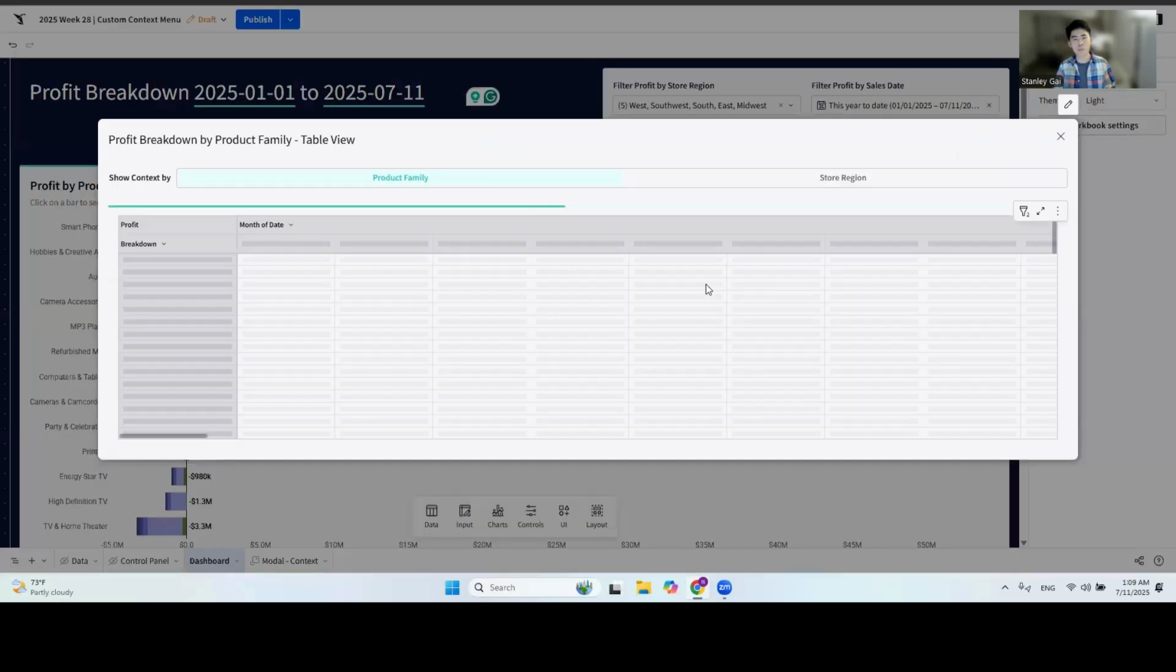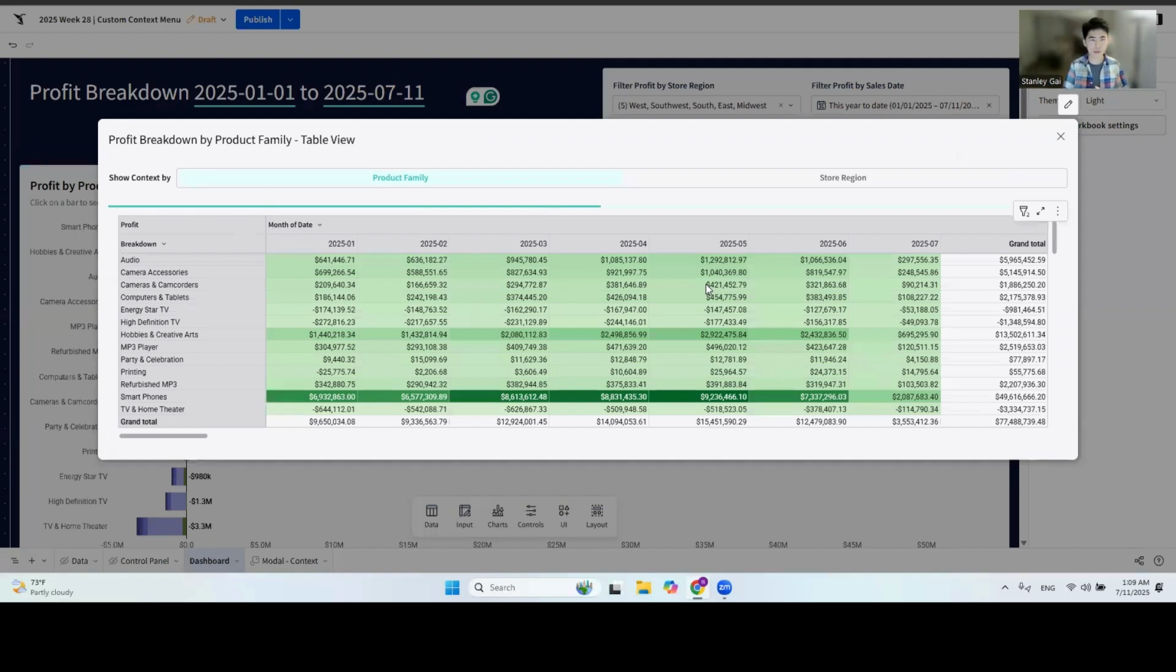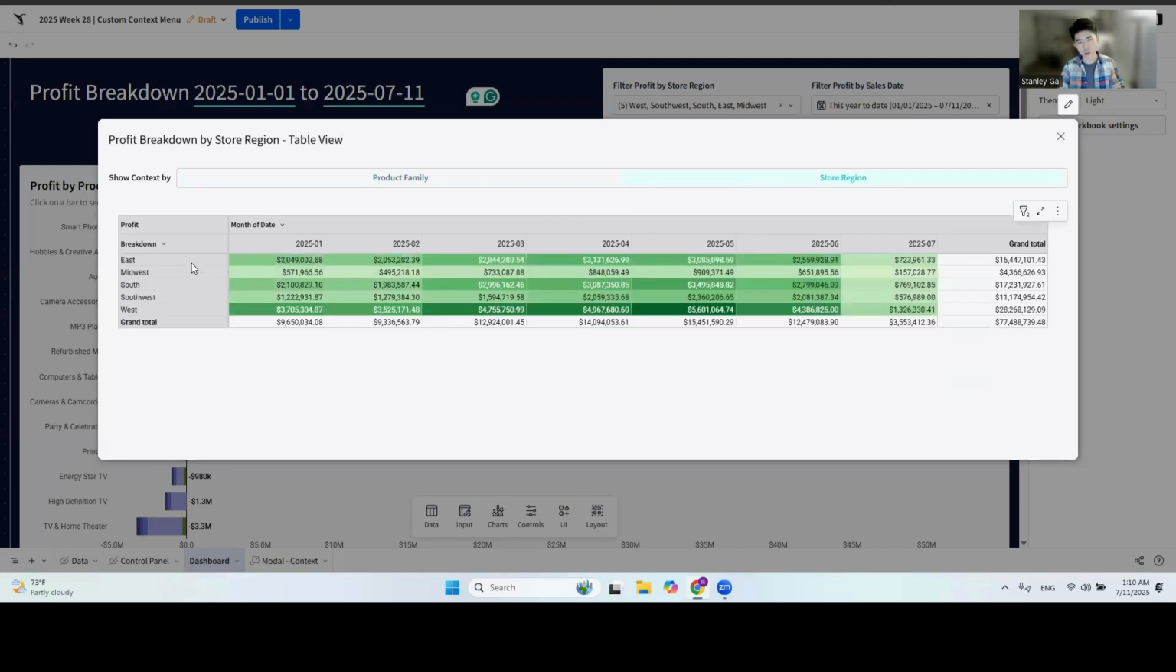Now we are popping up this new modal with a pivot table that breaks down the profit, the sum of profit by product family on the rows and month of date in the columns. We can click on store region to switch that pivot table row into store regions. And as we can see, the cells in this pivot table are all conditionally formatted. The darker it is, the higher the profit it is. And once again, this